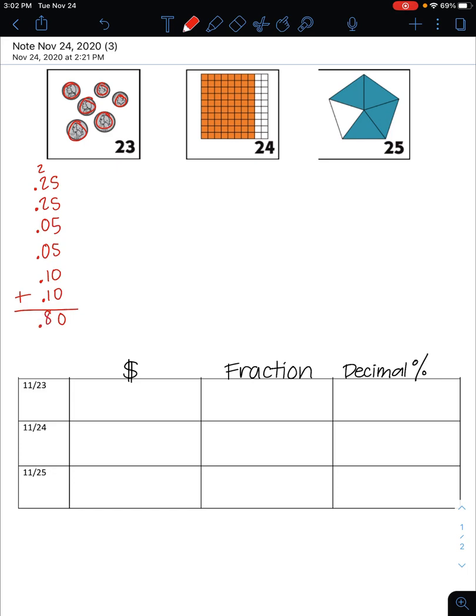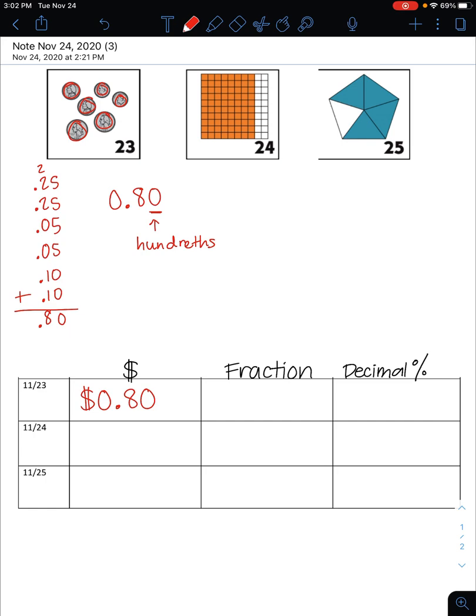80 cents. So when I go to enter my money value for November 23rd, I will write $0.80. Now let's move to the fraction format of that value. When I write 80 cents as 0.80, that tells me, by looking at this 0, which is in the hundredths place, that this value is the